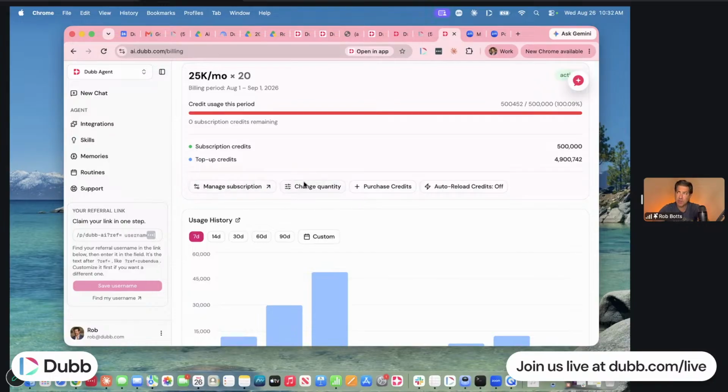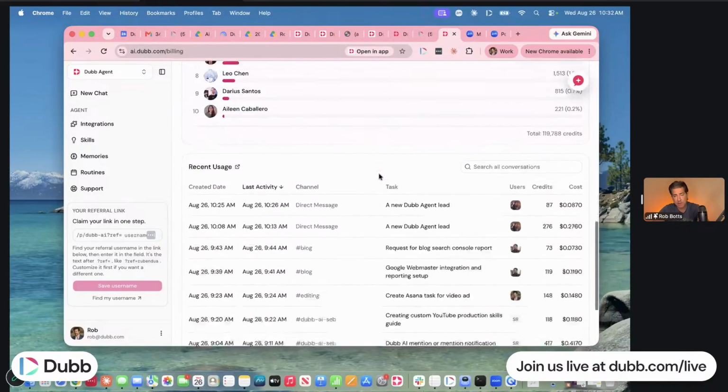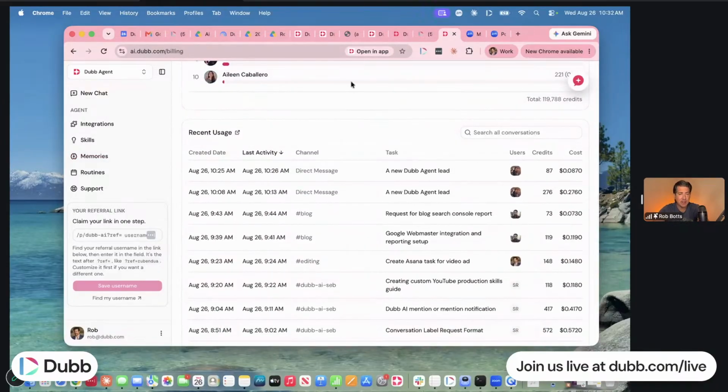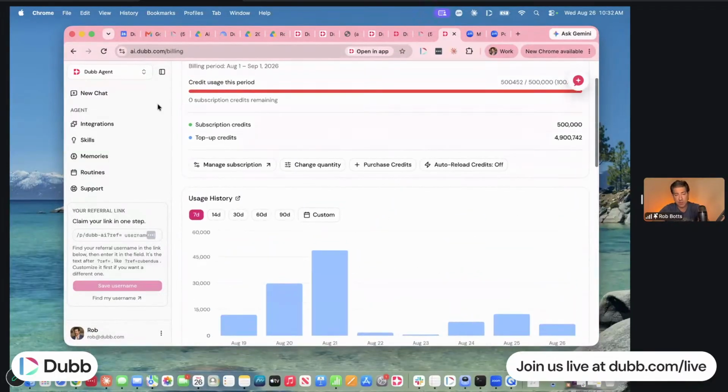But once you go through the free trial in the 7 days and the 25,000 AI credits, the entry point would be $50 a month. We have $100 a month. We have $300 a month. And you'll have an idea of what you should probably get through your usage, because down here at the bottom, you'll see in credits and in dollars and cents what this stuff looks like. So when you tell it to do something, you're immediately going to know what that action has done to you in terms of credits and dollars and cents. So when you get into a rhythm and a flow, you'll have an idea of what you should do in terms of that.